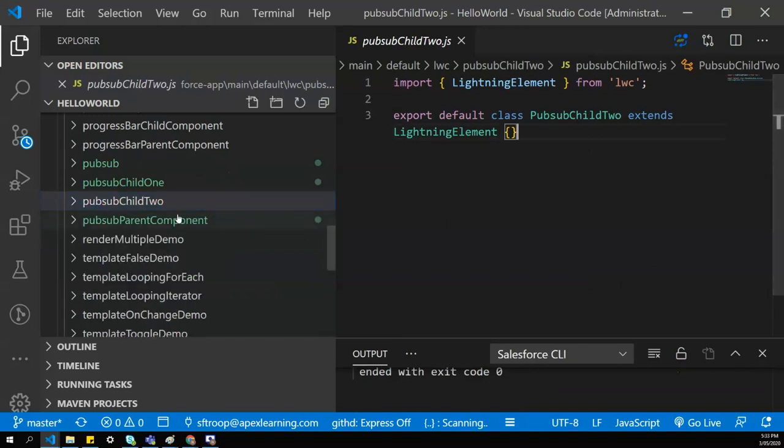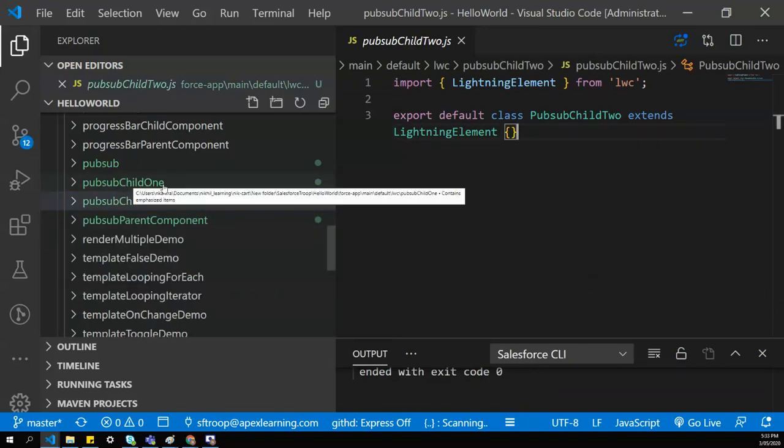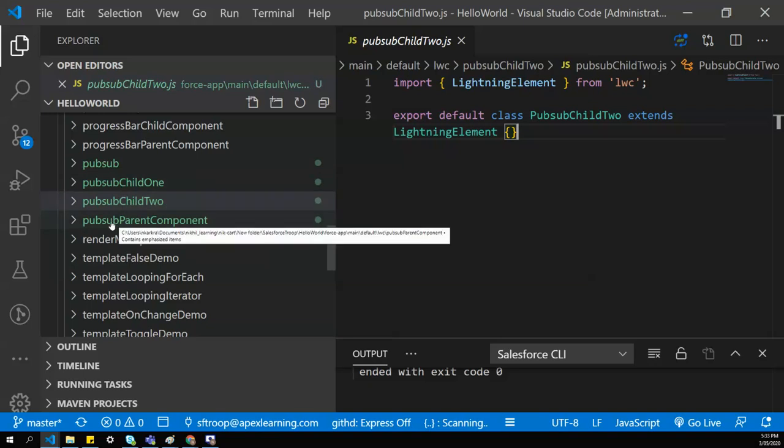So now we have created three components: PubSub child 1, PubSub child 2, and PubSub parent component. We are going to use child 1 and child 2 within the parent component, and we'll try to communicate from child 1 to child 2 using the PubSub module.